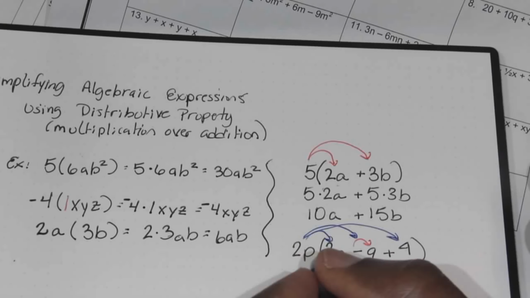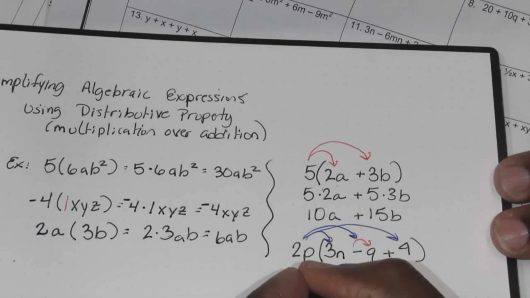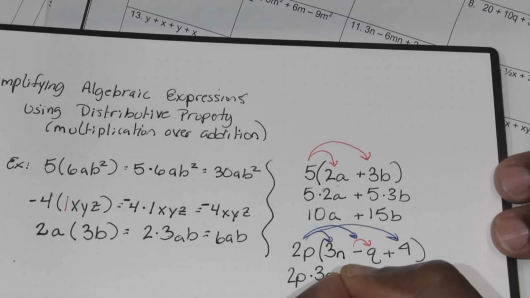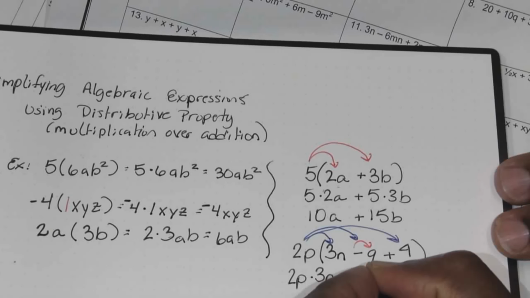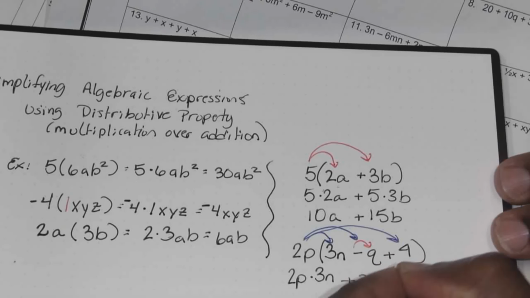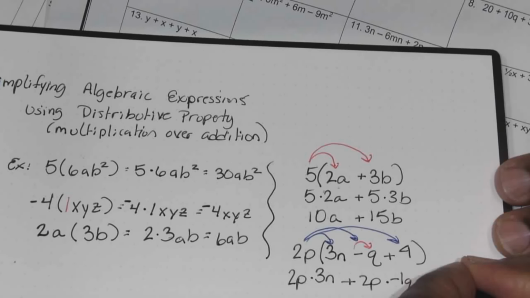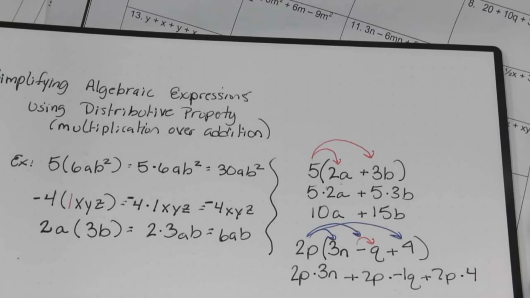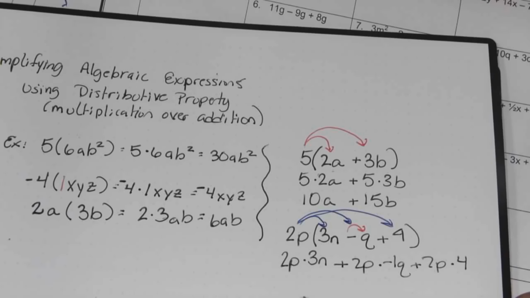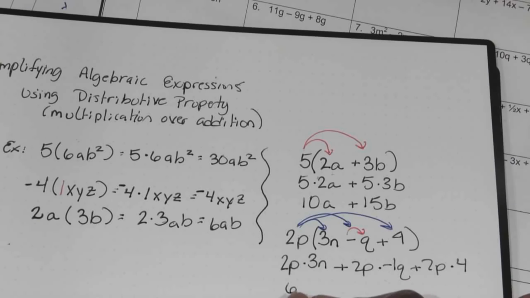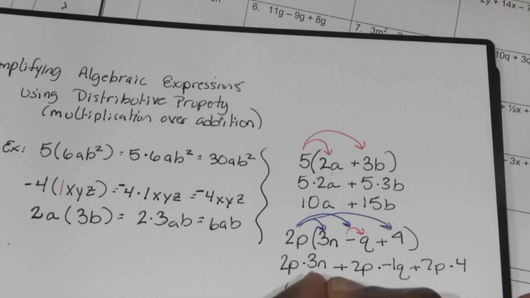All right, let's do it. So 2p times 3n. Then plus 2p times negative 1q. So I got plus signs. And then we're going to do plus 2p times 4. All right, that's what we got. In multiplication, everybody goes together. 2 times 3 is 6, and pn is going to be side by side. 6pn